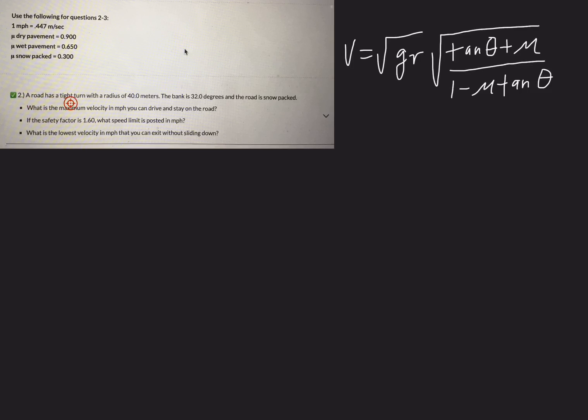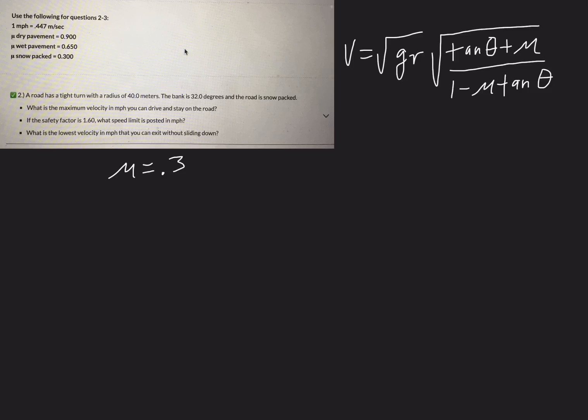Okay, so we have a road with a tight turn, the radius of 40 meters, there's our R. Bank is 32 degrees, there's our angle. The road is snowpacked. Snowpacked means 0.3, so mu is going to equal 0.3. First thing we want to do is find the maximum velocity in miles per hour you can drive and stay